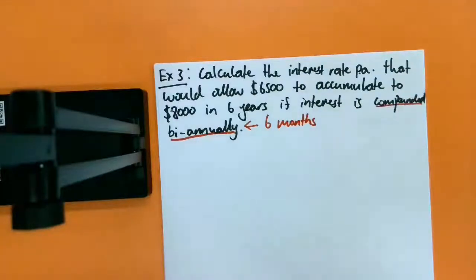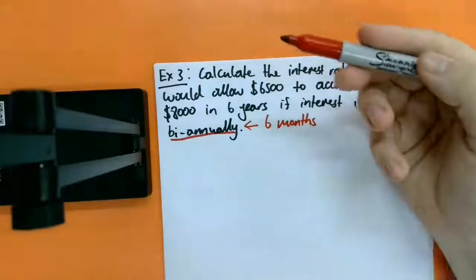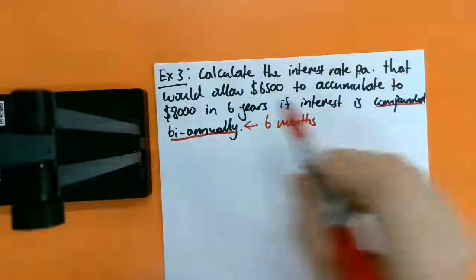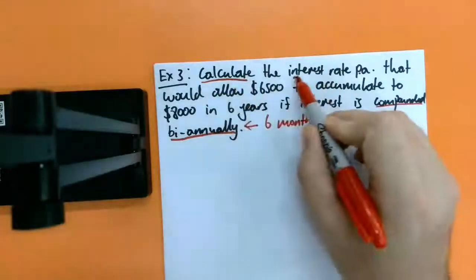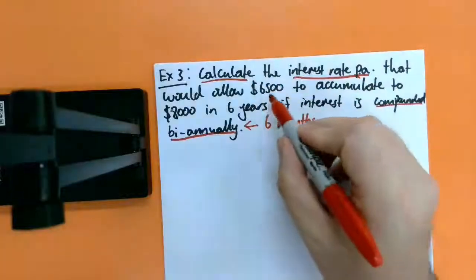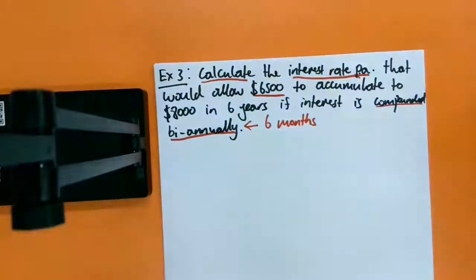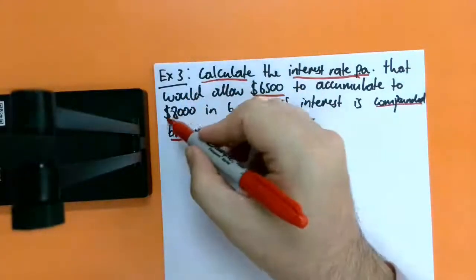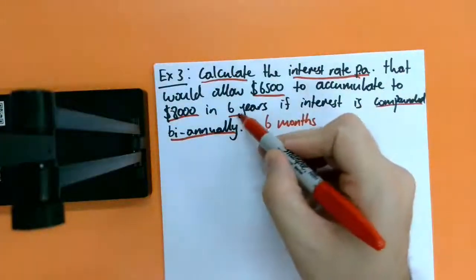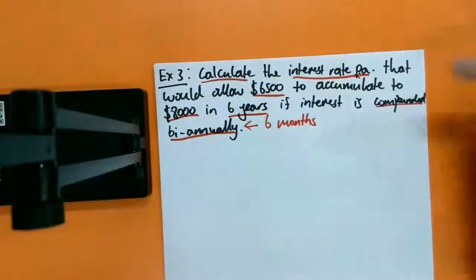So that's going to change up everything that we do in this question in terms of what values we substitute. It's very much the same process, we just need to do some extra steps. Okay? So, continue on with highlighting all of the important parts. What we need to do is look at the fact that the question tells us that we are calculating the interest rate per annum for the whole year, okay? That would allow $6,500, so that's how much we started off with, to accumulate to $8,000, okay? So that is our final amount, okay, in 6 years, and that is our time frame,